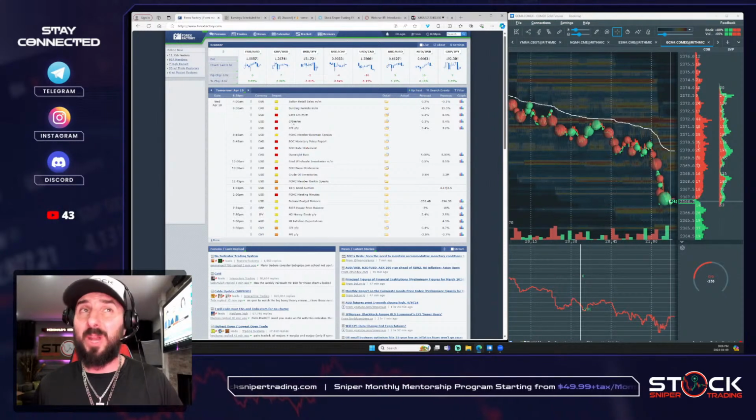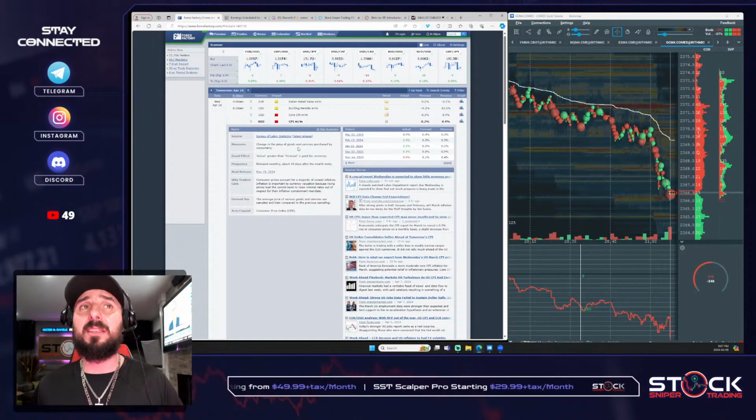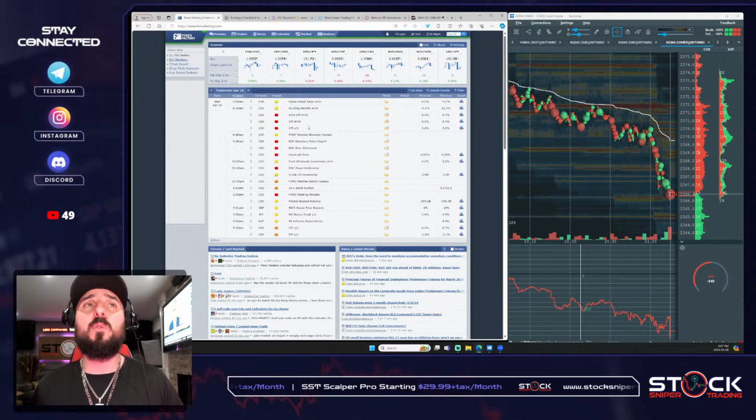Then you have your regular CPI month over month. It's the same exact here, but it's just not core. And then you know what core is, excludes food and energy. This one includes. So change in prices of goods and services purchased by consumers, and you can see it's not excluding food and energy. So this is a bigger reading over here because it gives you an overall real reading